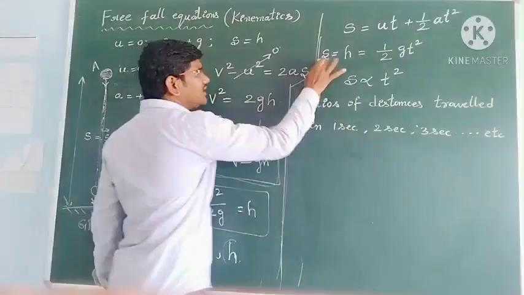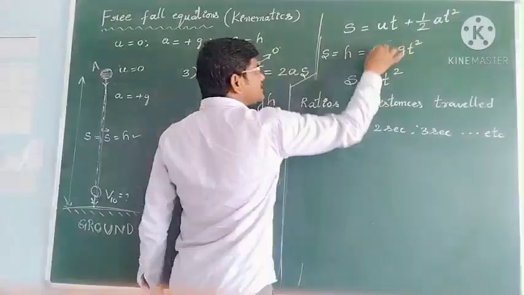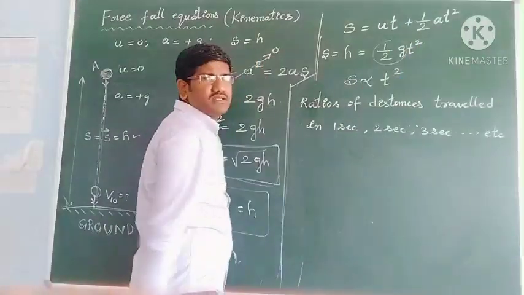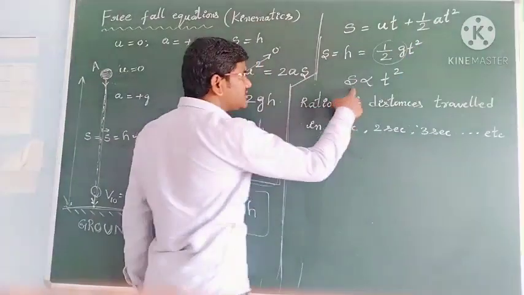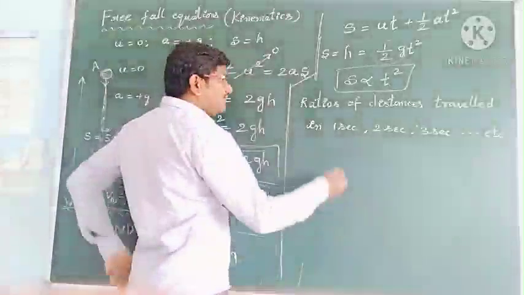We know that for the ratios of distances travelled, h is equal to half g t square, and g is a constant. The constant term gets cancelled in the ratio. S is directly proportional to t square. Okay students, then